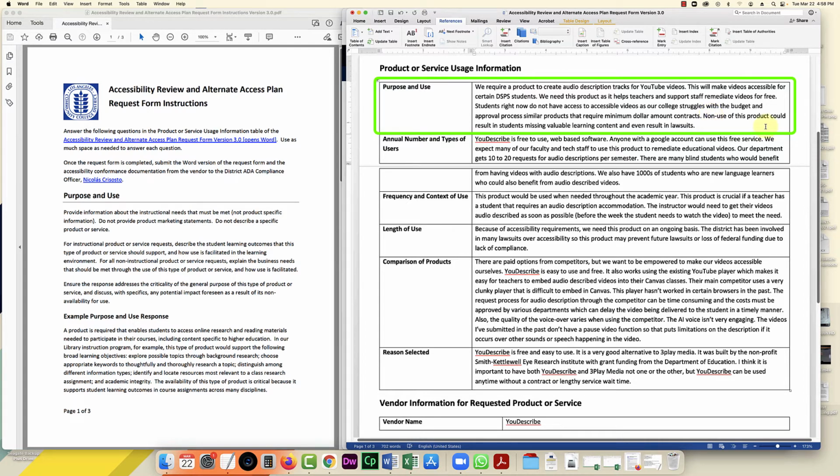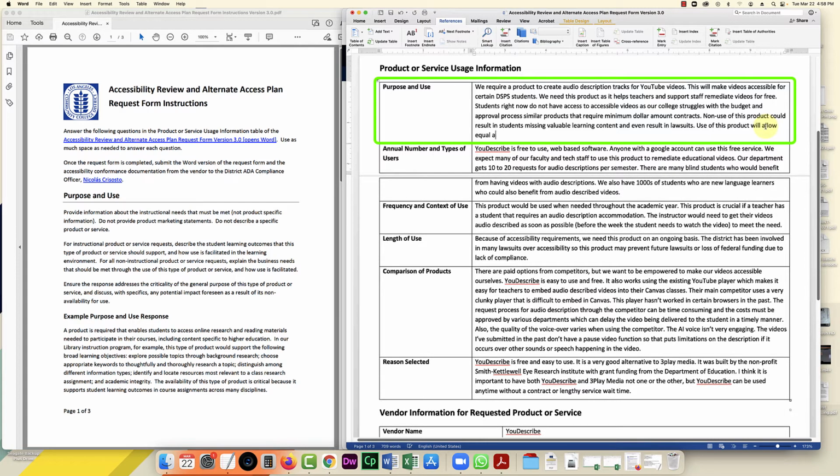And then I'll also put a little statement: use of this product will allow equal access to valuable learning content that supports student learning outcomes. Because this product covers a broad amount of classes, can be used in any class that uses a video, I'm not going to get too specific on student learning outcomes. Just wanted to say that, we want to provide equal access to that content.